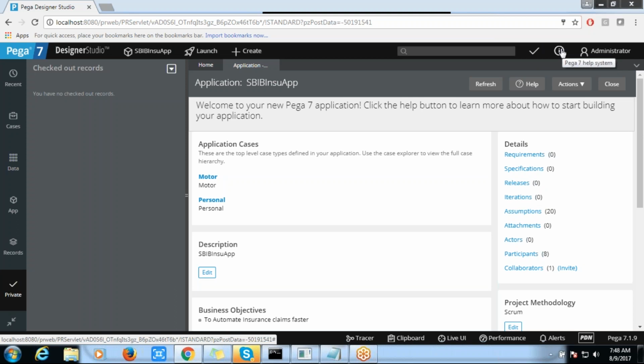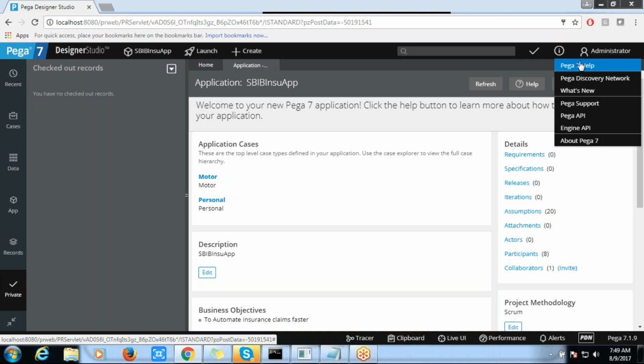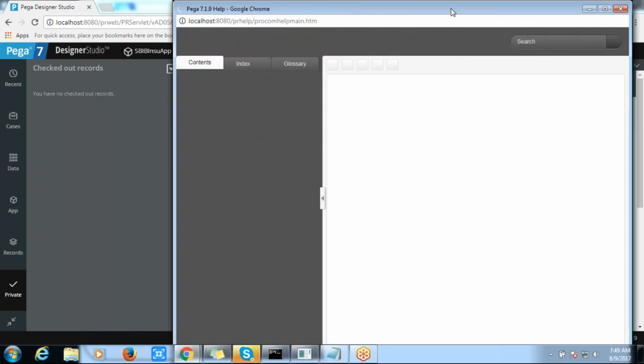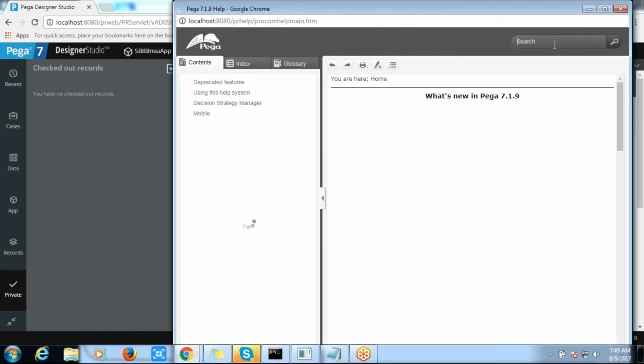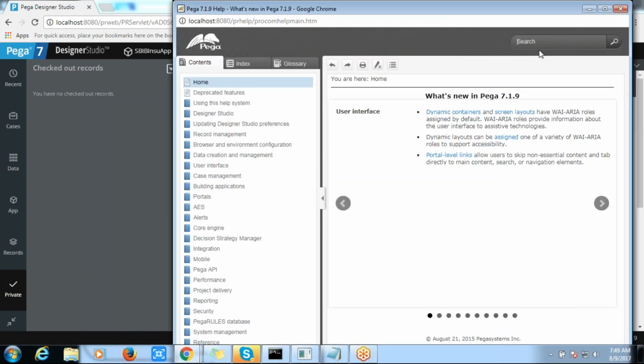This is the Pega help menu. As I said, you don't have to prepare any notebook or search for content in Google or the internet. You can search any content by going through the Pega 7 help. If you go here, we have a lot of things. You can open a particular one and search the particular topic here.